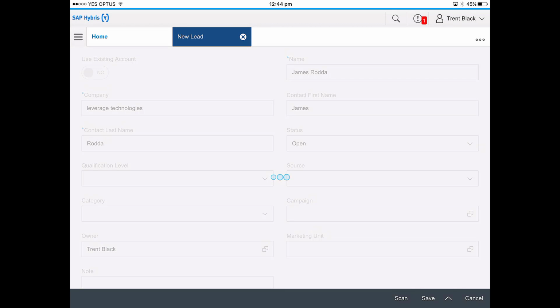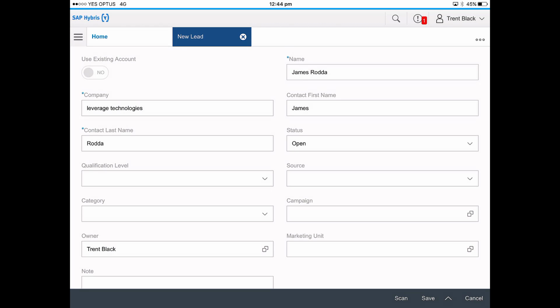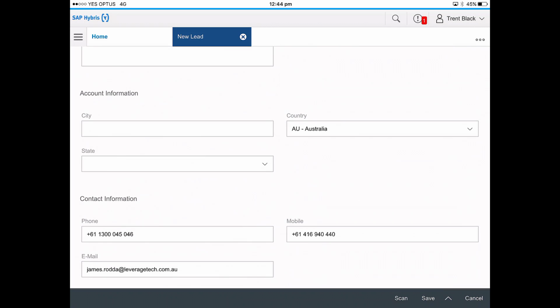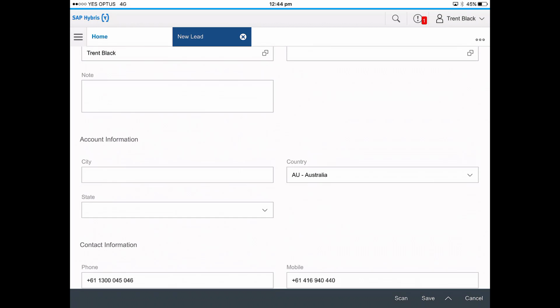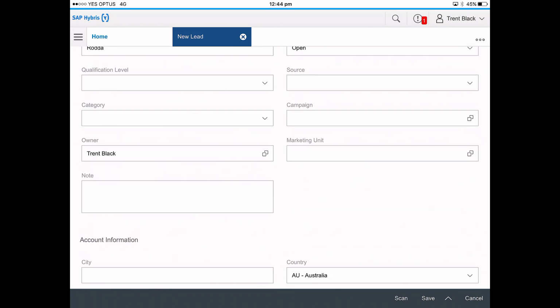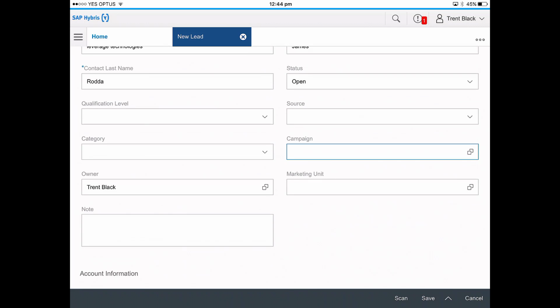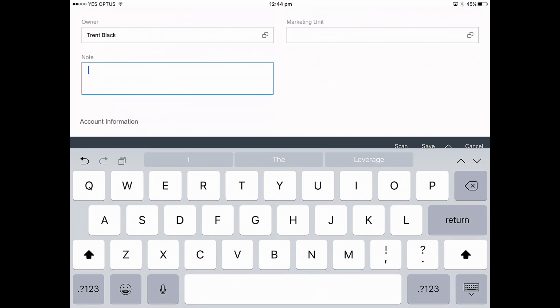So that's been fixed up. It's broken down the first name, last name. I can add additional information such as the source, the qualification level. You're seeing that it's got the phone number and mobile number and my email in the right fields. And then I can fill in the other areas as I'd like. I also can take advantage of other features within the tablet, such as dictating notes